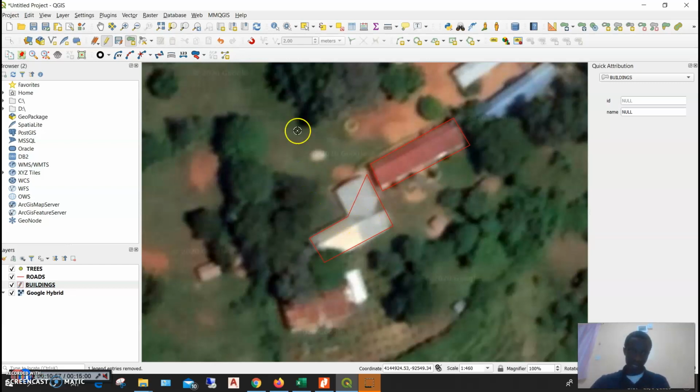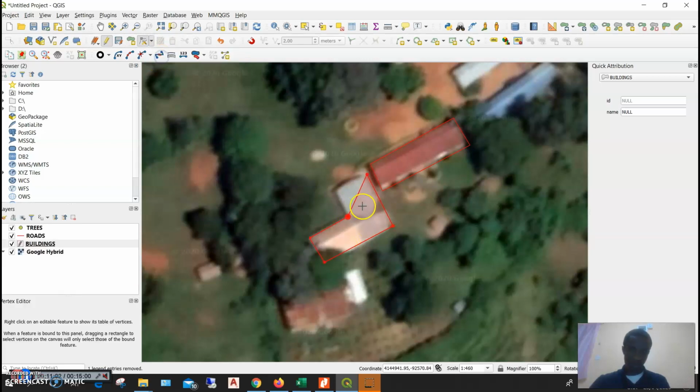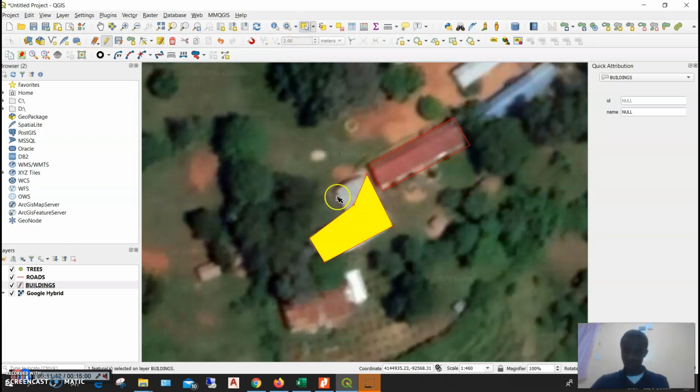You see there is a node that has not been added here. Let's see if we can add a node manually. No, you can always delete, then redo the work.